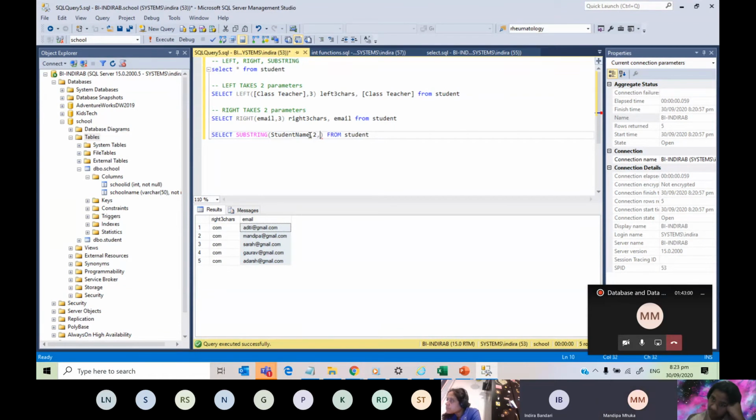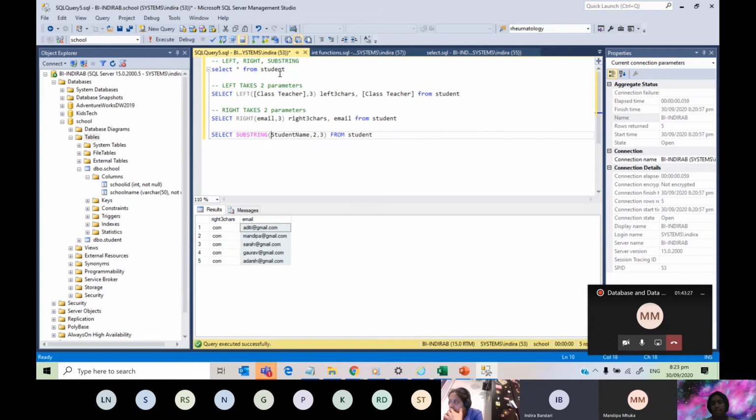You can provide the start and the number of characters. So these parameters, see, it says expression and starting position. So that means it has to have where we want it to start, and what is the length. So what do you understand?